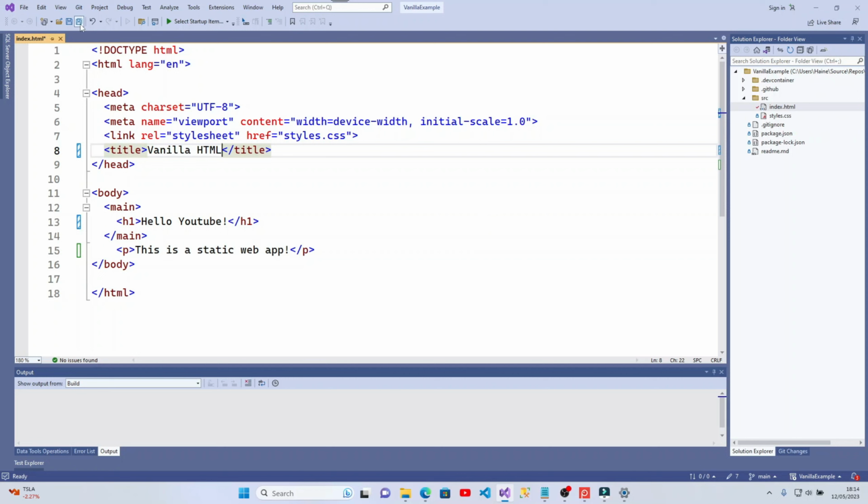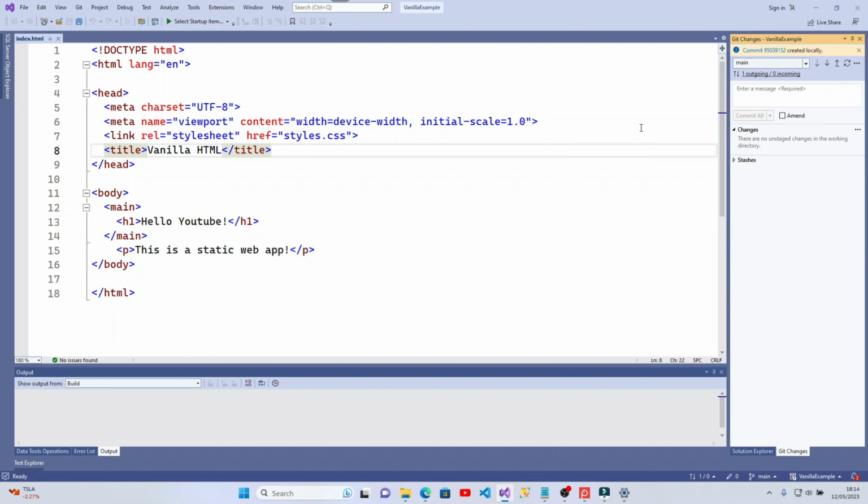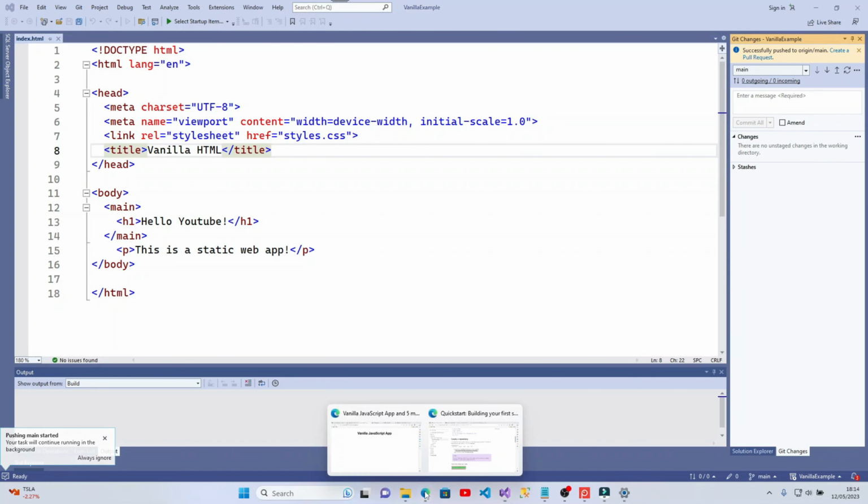We'll save this and we'll do a push back up to our repository. So we'll say changed the content. We'll do a commit and push. That's all been successful. If we go back to our browser